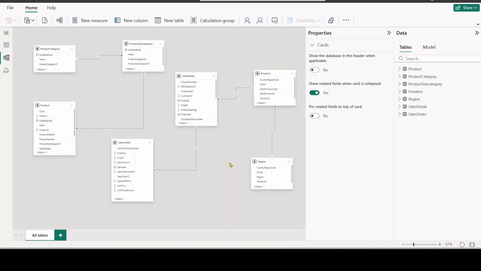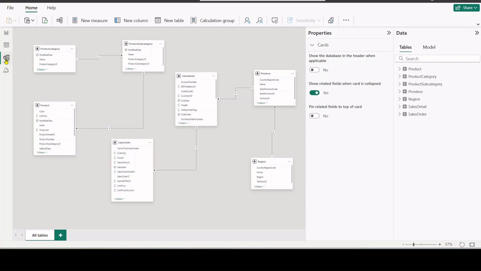What is data modeling? Data modeling in Power BI is the process of creating and organizing relationships between different sources. It is the process of defining the relationship between the columns of two tables to produce meaningful insight. Let's understand data modeling in practice.